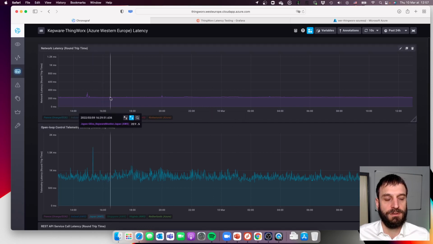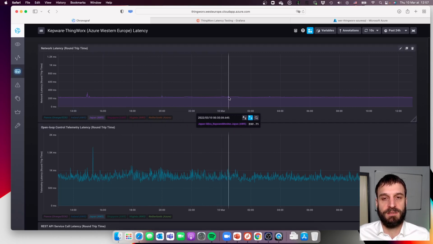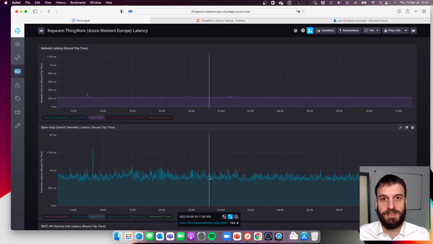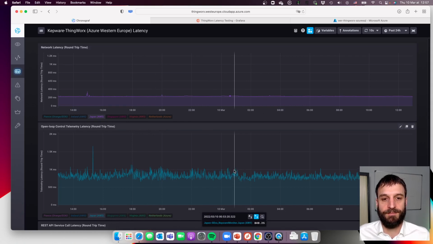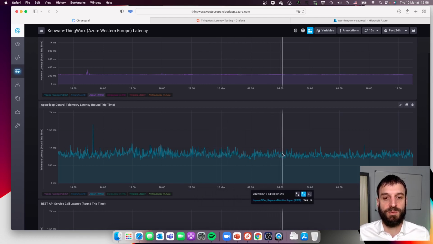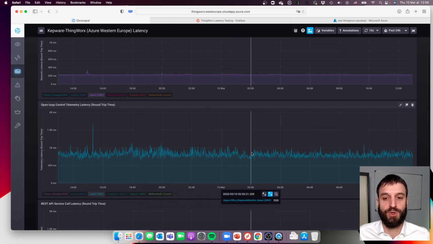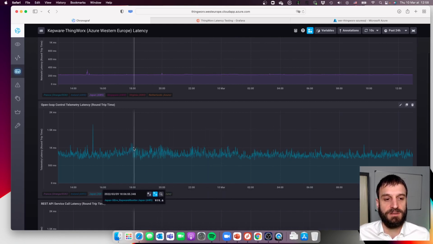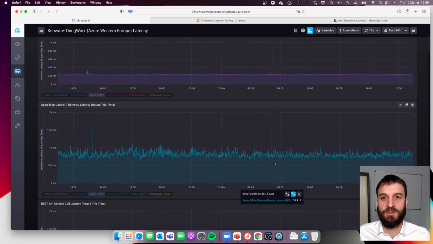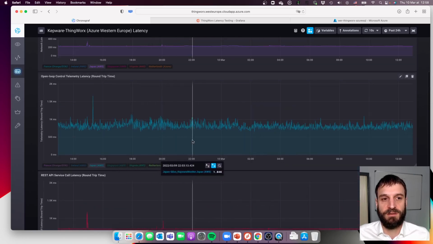Just see this. Yeah, so this is just the base network latency is 230, right? This is what we were seeing for the telemetry latency on a bunch of the other closer sites. And we're kind of up close to the 1 second telemetry response time, and we are seeing this kind of fluctuation in variance, as well as some peaks that are starting to come out a little bit higher. So this kind of leads me to the belief that